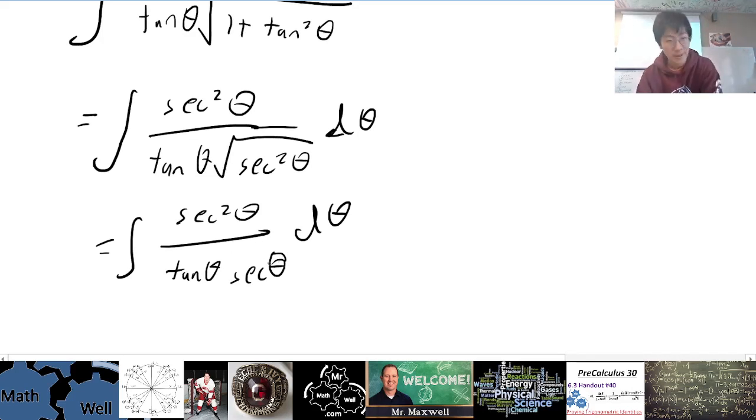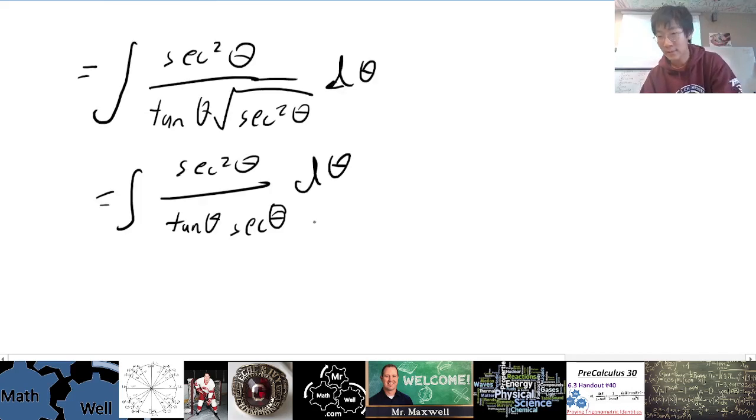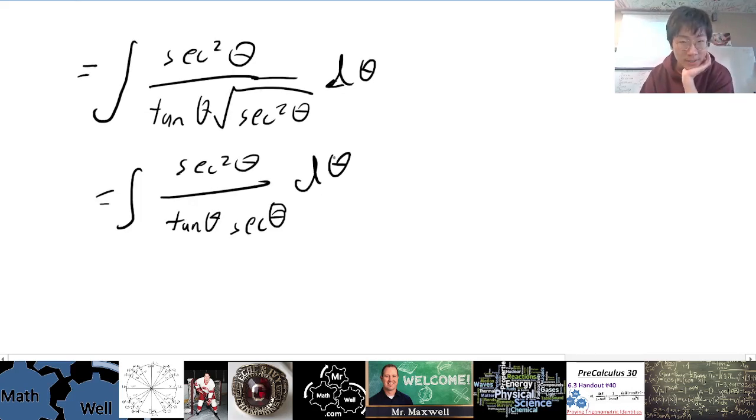I won't go over the bounds this time. They are in the chart if you would like to take a look. But for indefinite integrals, you won't really need to state the bounds because you're not working with real numbers, right? So now I have this. Let's simplify. We can get rid of 1 secant theta on the top and our only secant theta on the bottom. So we're left with the integral of secant theta